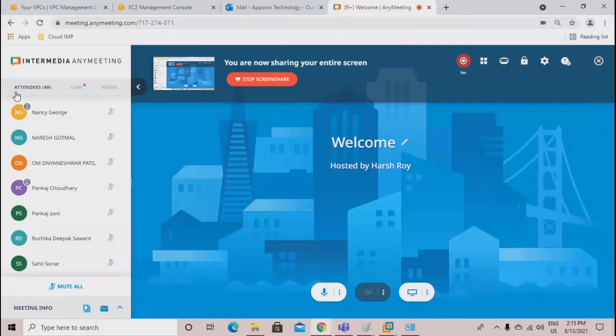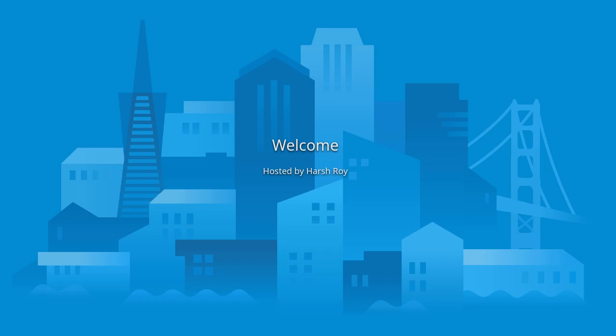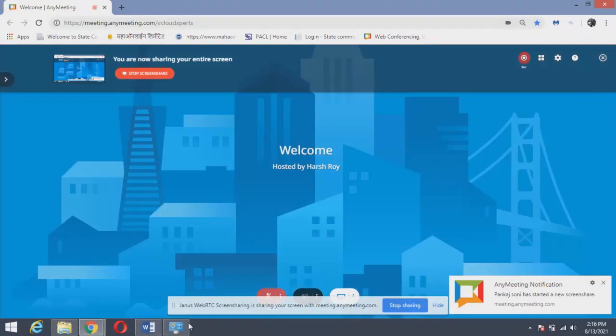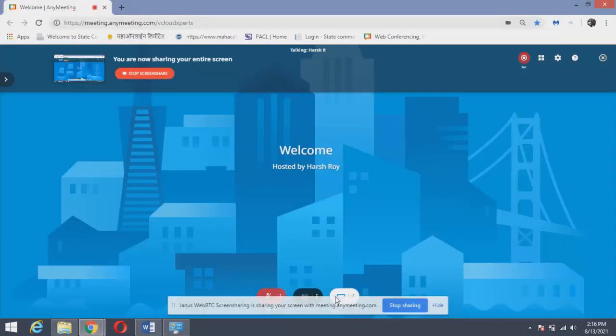Yeah, Pankaj Soni, can you share your screen? Let us see if it shows workgroup or something else. Yes, sir. So it is workgroup, correct? Yeah, Naresh Gotmal, can you share your screen? Let's see if it is workgroup or something else.